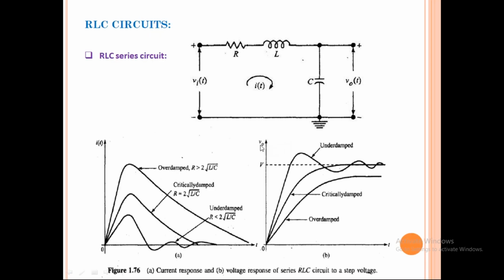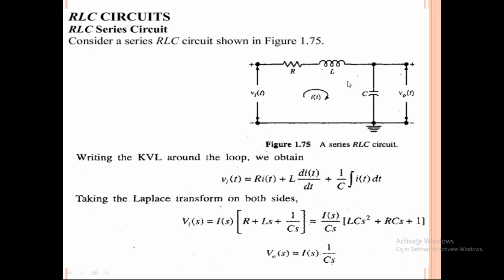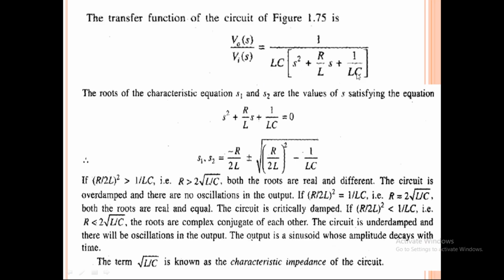And the last topic is the RLC series and parallel circuit and the ring circuit. For the RLC series circuit, what is the output waveform? You have to see the current waveform i of t and the voltage waveforms. There are three conditions. How do we get these three conditions? Simply write the KVL equation. You already studied network theory or network analysis. Vi of t equals i of t into R plus L d by dt plus 1 by C integral of i of t dt. Apply the Laplace transform to this equation. Similarly, the output voltage across the capacitor is I of s into 1 by Cs. So simplify and find the gain or transfer function. The denominator of the equation is called the characteristic equation.